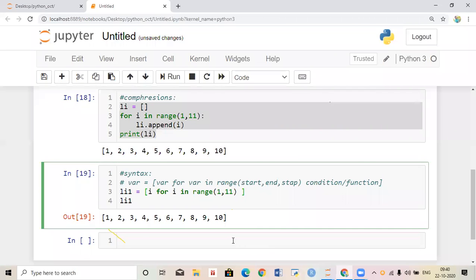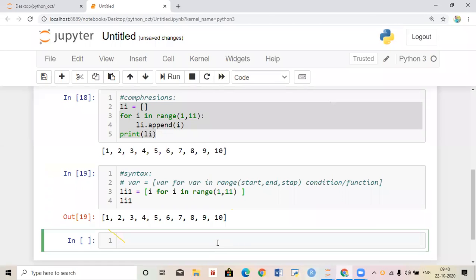Understood. Okay, now I want to ask one thing: how to print even numbers from 10 to 100 in a list?